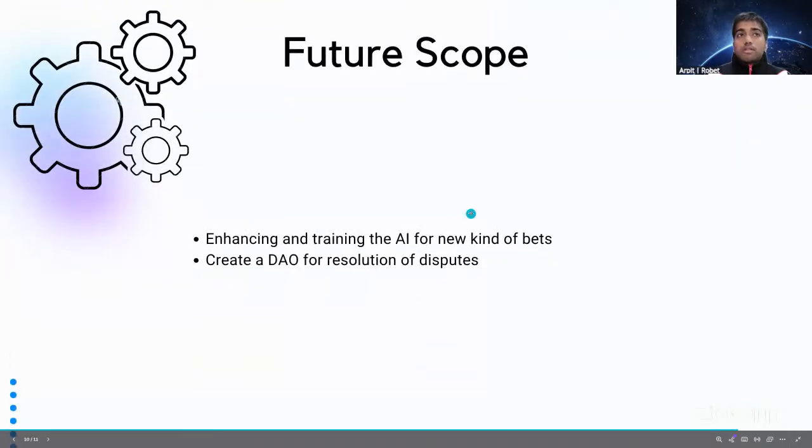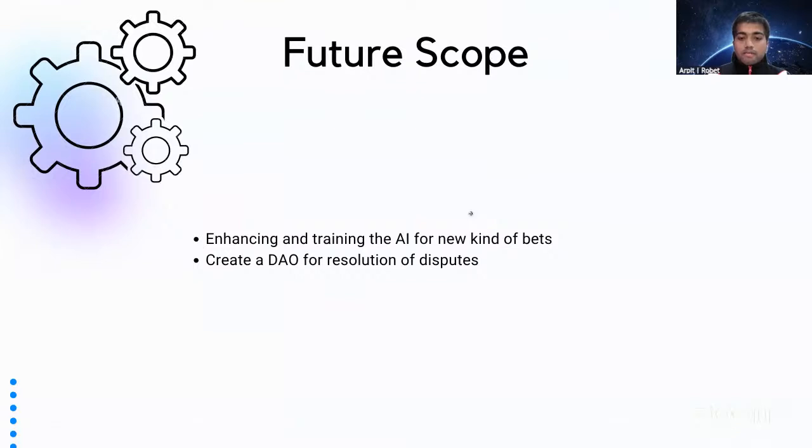Now about the future scope, what we are currently creating is a consensus layer for AI agents where we give the same data to various different AI agents and try to make a consensus so that the bet resolution is accurate. Also, if there is any discrepancy in the result, then we refer it to a DAO for this. So yeah, this is our